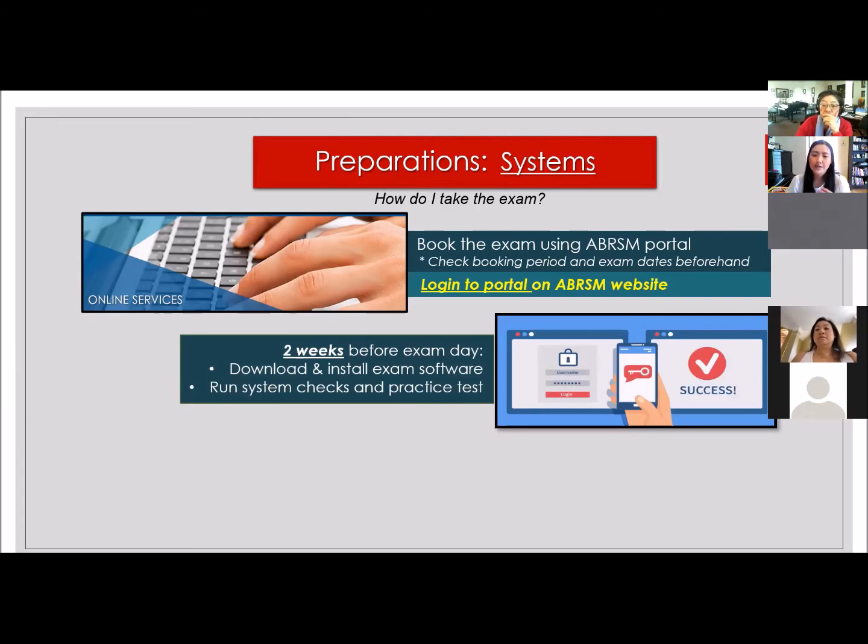So after you download the software, that exam browser that you open will be like the one that Dr. Yueh just showed to us, with each of the questions popping up one at a time with that progress bar at the bottom. It'll look like that. But you won't have access to it unless you have created your portal and booked your exam. Then you will be given a link to download and install the software.